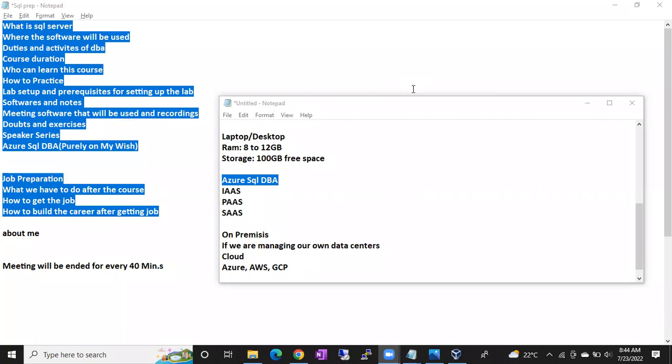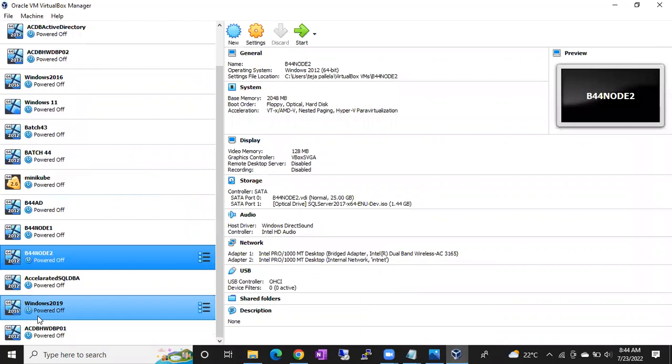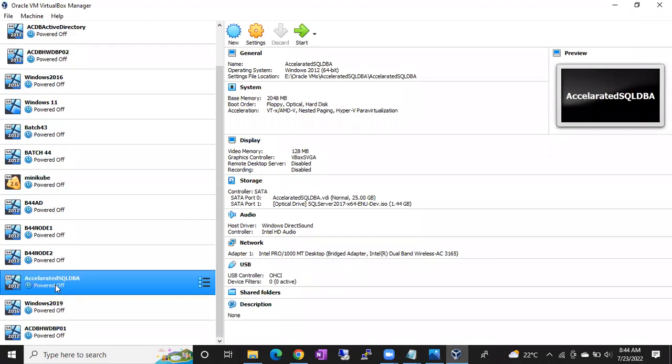It is the same. See guys, this is my on-prem server. I'm creating a virtual machine. I created VMs so that you can see I can control these machines, right? Whenever I want, I can start it, I can stop it, I can control these VMs, guys. This is on-prem. I'm managing the servers. If you create the same server in Azure, that is like a cloud. Same look and feel. There also you will install Windows Server 2019 or Windows 2016 or Windows 2012. There also you will install SQL 2017, SQL 2019.